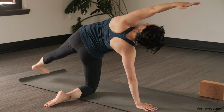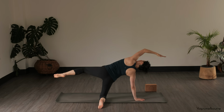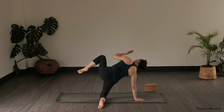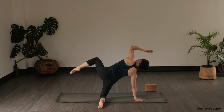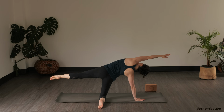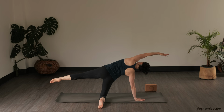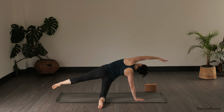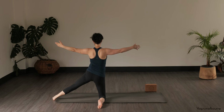Either staying here, taking that left leg up. And if you want to keep moving here, take an inhale, exhale, elbow to knee, and then inhale to reach it out. Exhale, squeeze in, inhale, extend, just one more, exhale, and inhaling, staying for a breath here. On the next in-breath, place that left heel back down, coming up to standing, grounding down through the outer edge